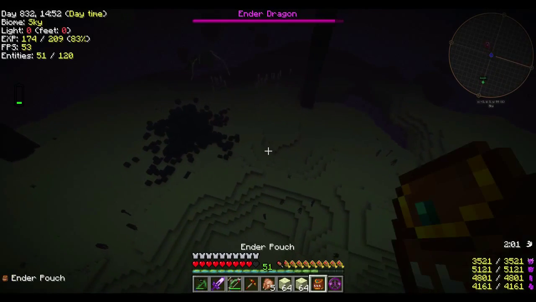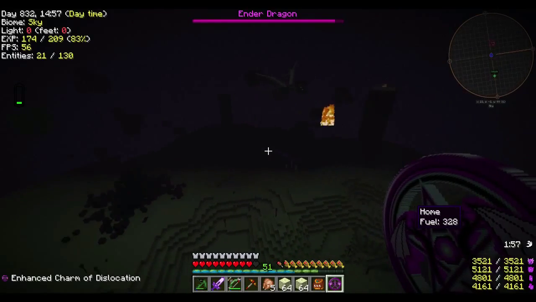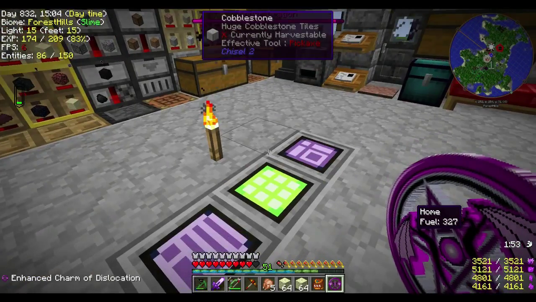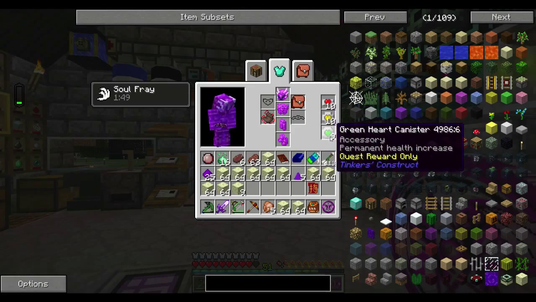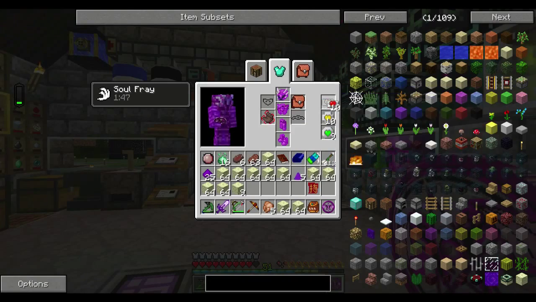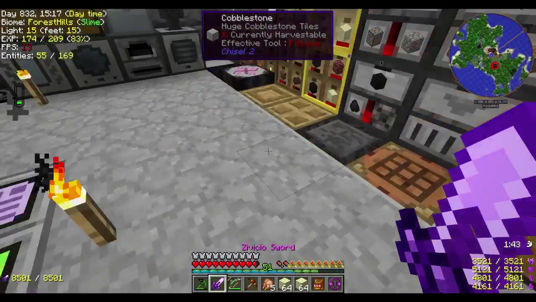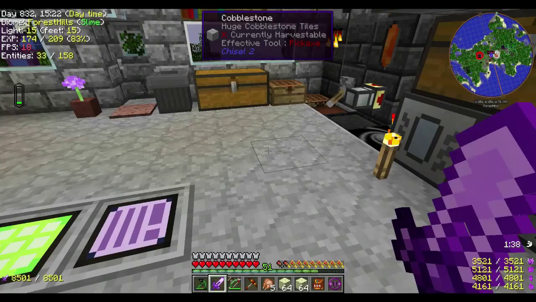Wow, I've got like no hearts left. What is going on there? Let's go and check that out. I'm wondering, it's still showing the Ender Dragon being here. I've got all these on me, guys. Is there a slight bug there, perhaps? Or did I just get hit enough that...